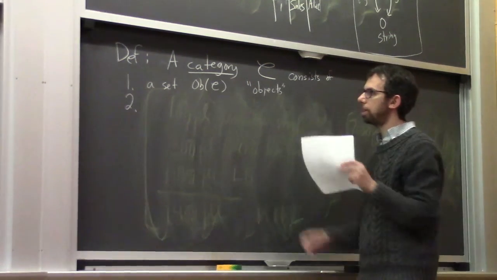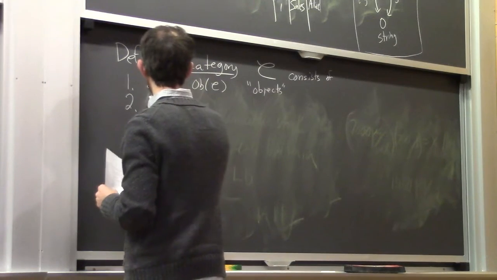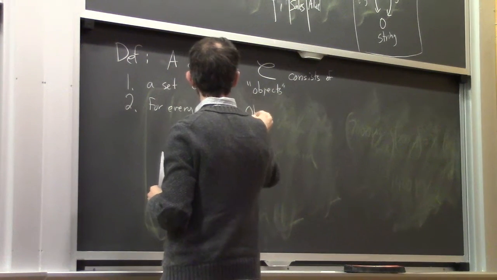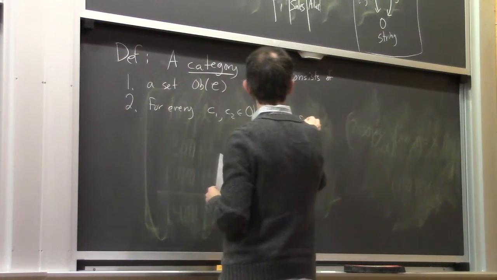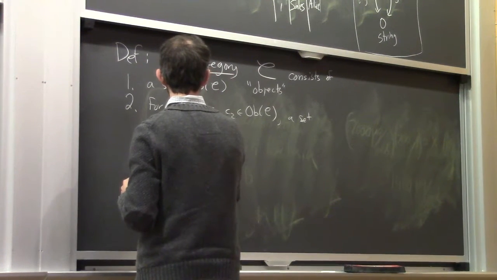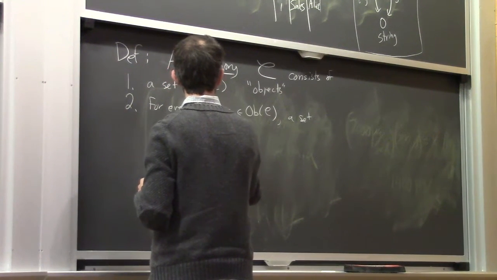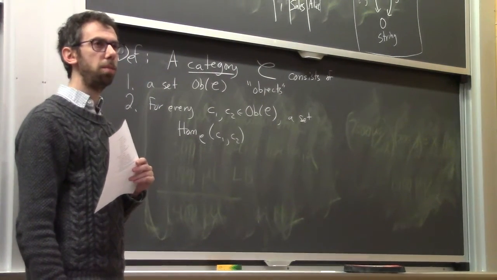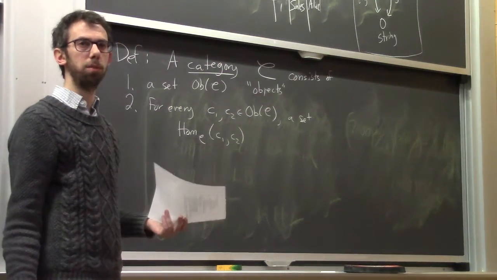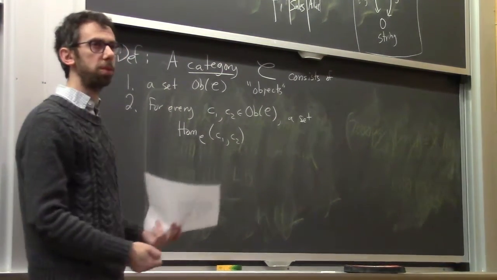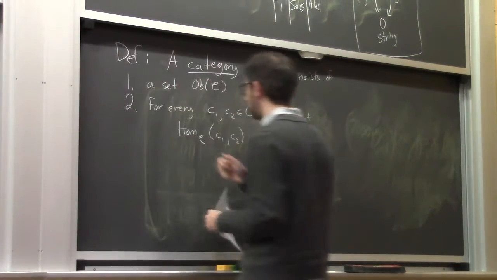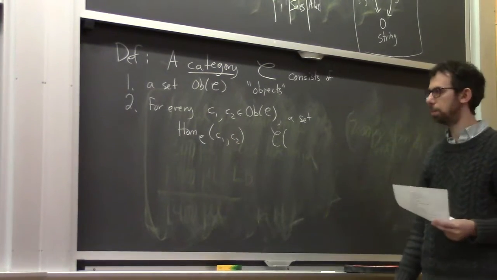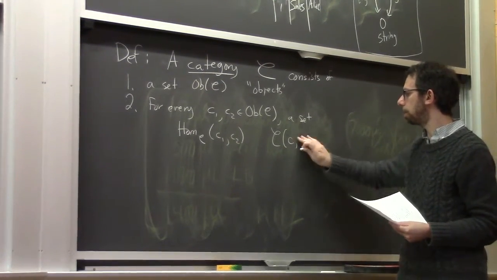So okay, we have this category C, it's got a set Ob C, and then for every C1 and C2, if you have two different objects in C, a set called Hom sub C of C1, C2. And that's kind of old-fashioned terminology from the time when people thought about categories only in terms of homomorphisms. So homomorphisms of rings, homomorphisms of groups. Those are where the word hom comes from. It's often easier to drop this fairly meaningless symbol hom and just write C(C1, C2).